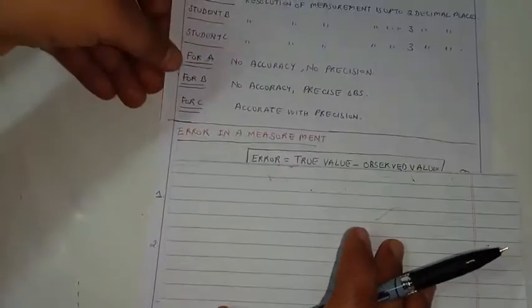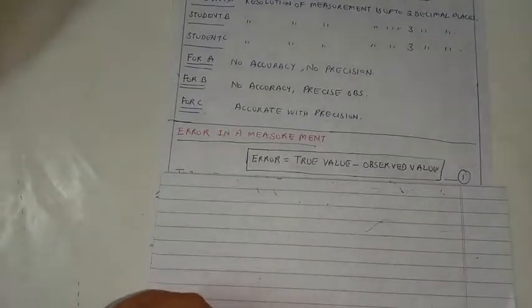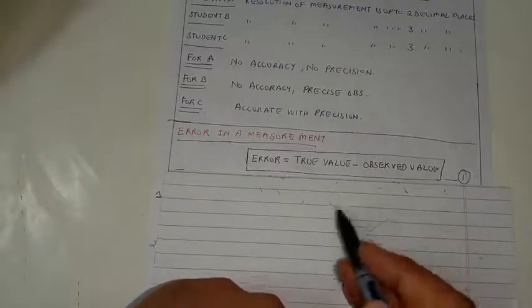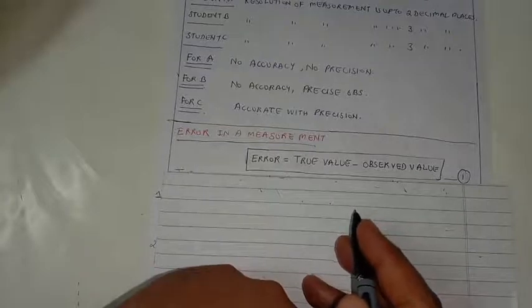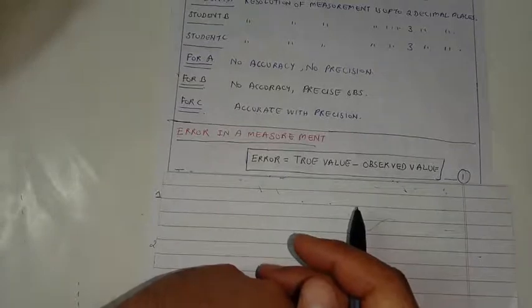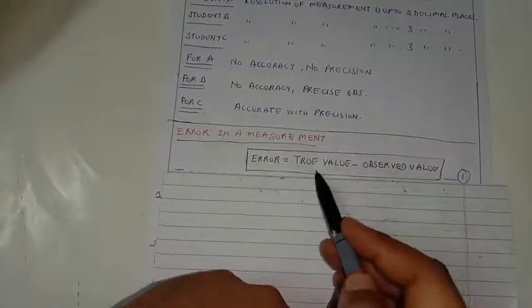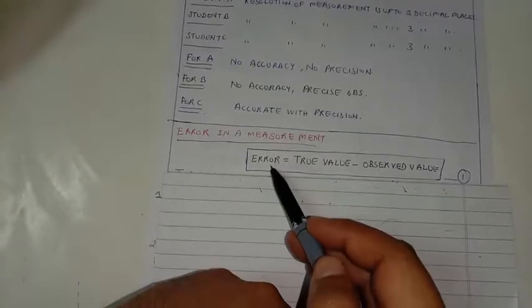Next, error in the measurement. What is an error? Normally speaking, error is a mistake. Whenever we are trying to measure anything, and due to our negligence or some fault associated with the experimental setup, or some problem with the law or the rule with the help of which we are measuring a physical quantity, we are not able to measure the actual value of the physical quantity, but the observed value and the actual value have a small difference. Then that small difference is called error.